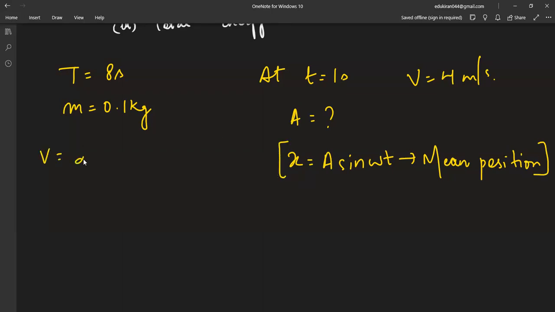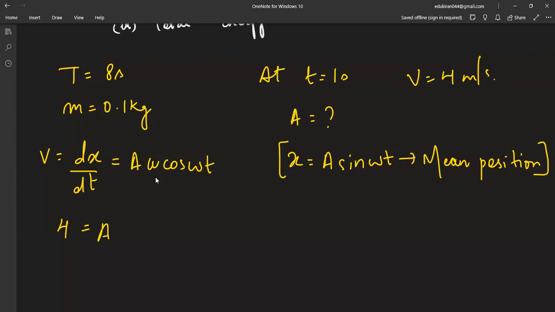Now v is equal to dx over dt, that is a omega cos omega t. We'll have velocity. When we have to calculate a omega cos omega t, velocity is 4,